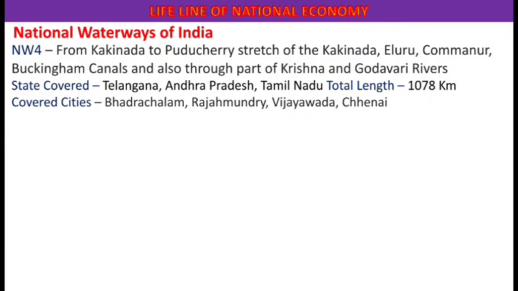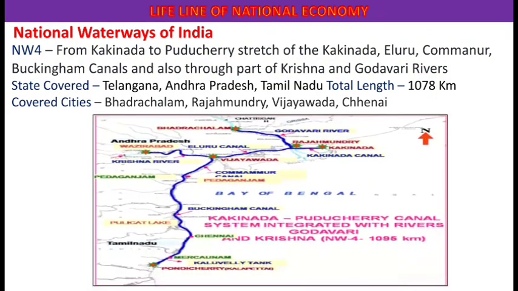National Waterway number 4. National Waterway number 4 stretches from Kakinada, Andhra Pradesh to Puducherry. It is stretched from Kakinada to Puducherry by 4 canals: Kakinada Canal, Kumaun Canal, Ellore and Buckingham Canal. And by 2 rivers, from Bhadrachalam to Rajahmundry by the Godavari River, and from Wazirabad to Vijayawada by the Krishna